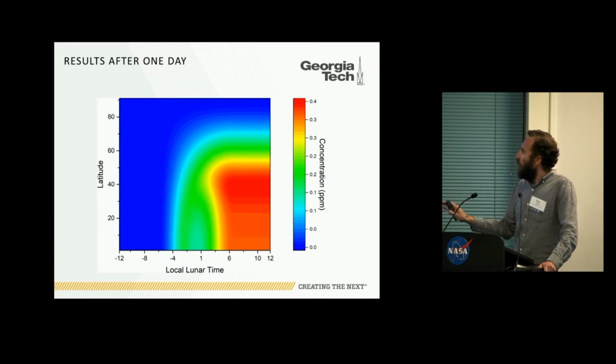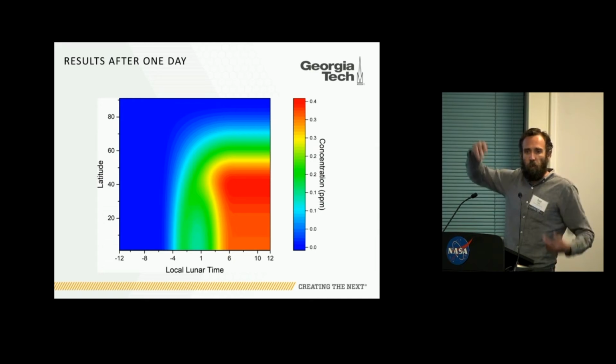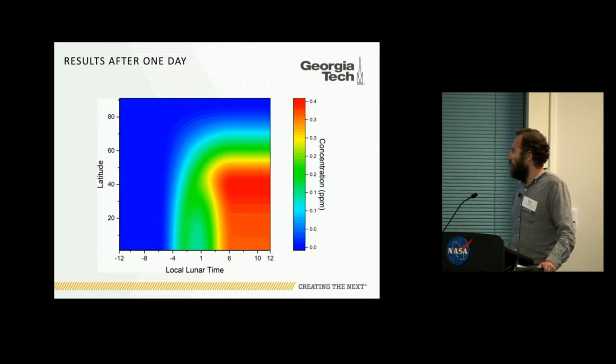This is a result after one lunar day, right? So the vertical axis is latitude, so 0 to 90. I'm assuming that it's symmetrical, so I'm not really looking at the full spectrum from negative 90 to 90. And then the horizontal axis is lunar time or longitude, however you want to look at that. All right, so blue is 0 parts per million, and as soon as the